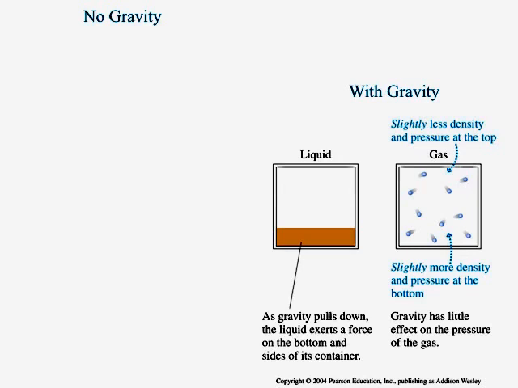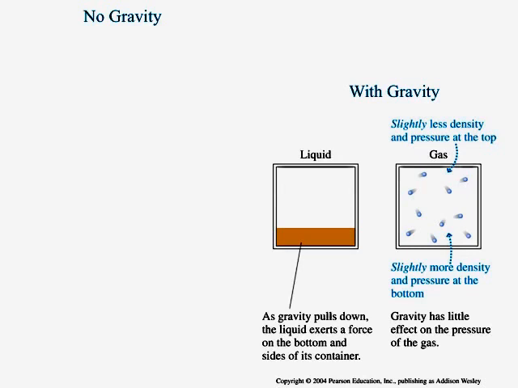The liquid up top, in the higher parts, is pressing down on the liquid below as it's all being pulled down by gravity. The point of this is pressure is created by gravity. For the liquid, it's the liquid up atop the liquid below that's pressing down on it. So pressure increases in a liquid with depth. Pressure also increases in a gas with depth.